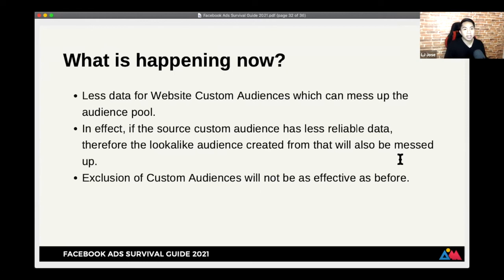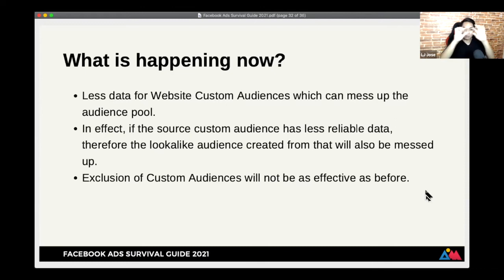Okay? And then in effect, if the source custom audience has less reliable data, therefore, yung gagawin mo na look-alike audience from that source custom audience will also be messed up. Diba? Hindi na siya accurate. Hindi na siya ganun ka-reliable. Alright? And the exclusion of custom audiences will not be as effective as before. Merong actually mga disclaimers na nakalagay doon sa Ads Manager once you exclude audiences or mag-select ka ng custom audiences.